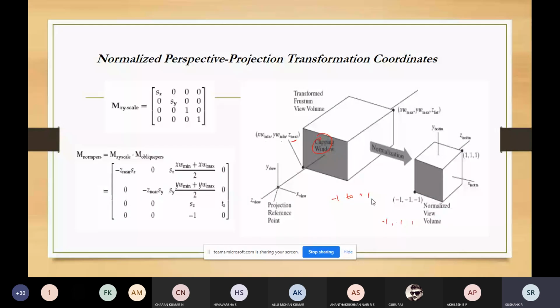See, the procedure is the same. The procedure is the same which we had used for the parallel projection, where the view volume, this frustum view volume, was represented with X window maximum, Y window maximum, and Z near and Z far. You can check the same thing in the parallel projection also. So what we are doing is normalization. So we are just normalizing that. Why are we normalizing that?